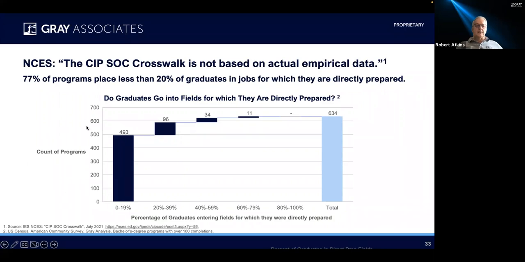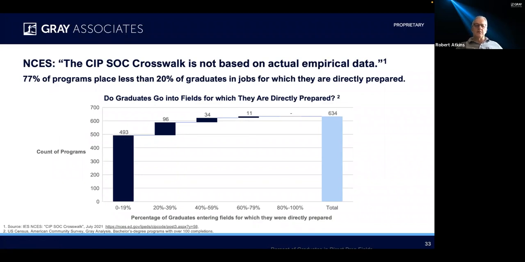The y-axis here, count of programs, is how many programs fall into that bucket. So you can see at the 80% or higher of people going into their direct prep fields, we don't have any. Look at that. Nobody actually goes in the fields for which they're directly prepared. Well, it's not quite right. We've got some programs here where 60 to 79% of the graduates go in to the fields for which they're directly prepared. But to cut to the chase,